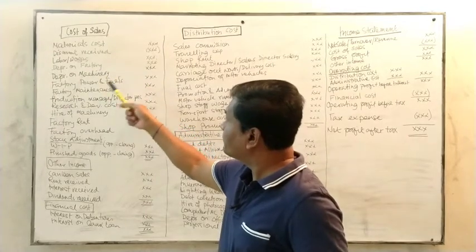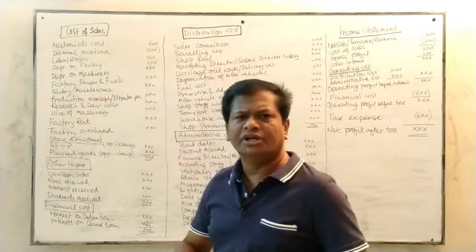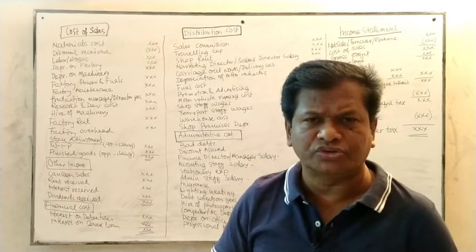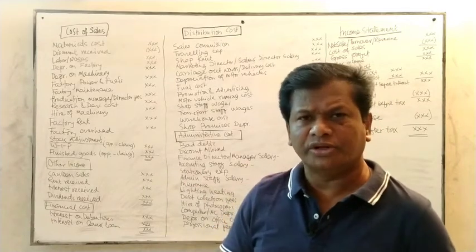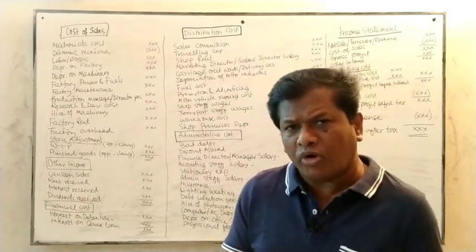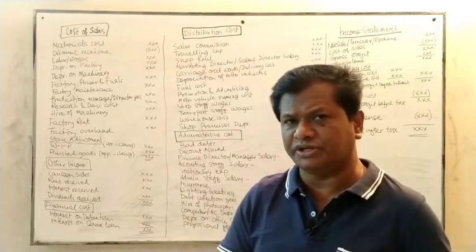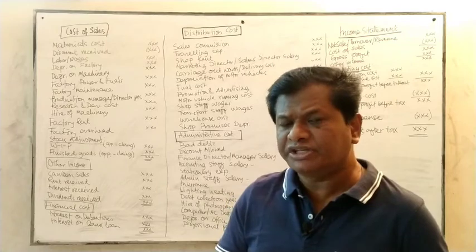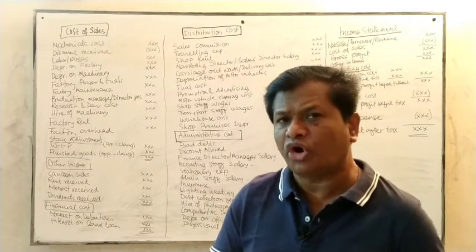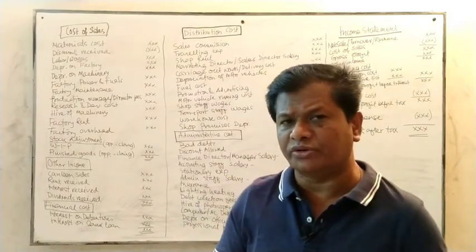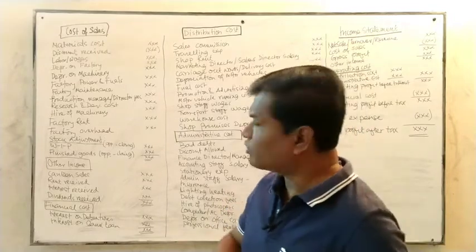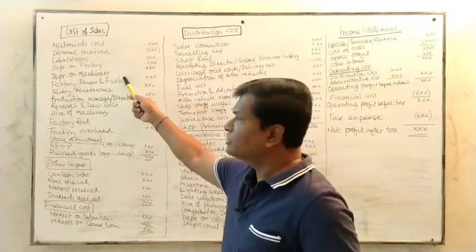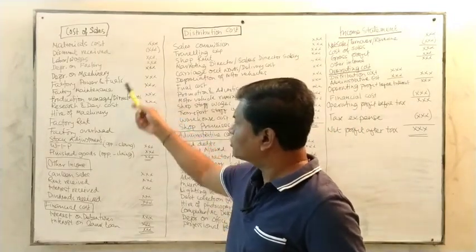This is one of the elements of cost of goods sold. Depreciation on factory. Then depreciation on machinery. A lot of machinery is to be used on the factory floor, so all the machinery needs to be depreciated. Depreciation means some of the using cost of the machineries, instruments or tools which are used in the factory. That is the depreciation. All depreciation is to come over here. So it is one of the elements of cost of goods sold.